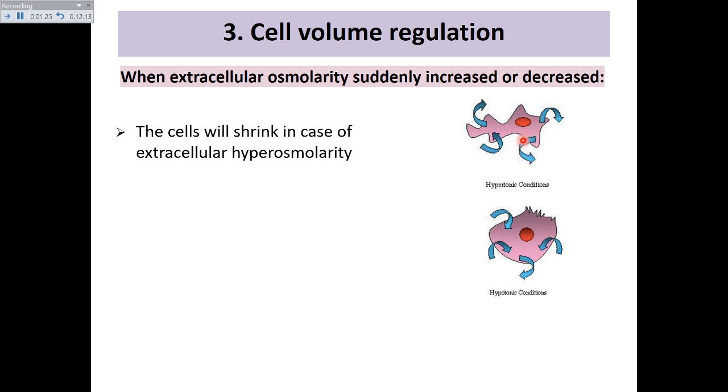So fluid water will come out and this will cause shrinkage of the cell. What will happen in the